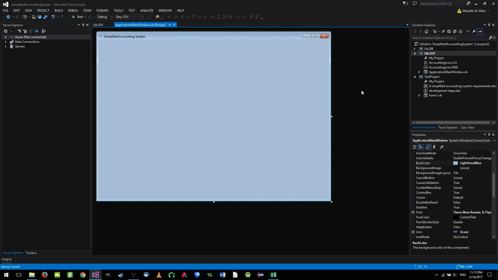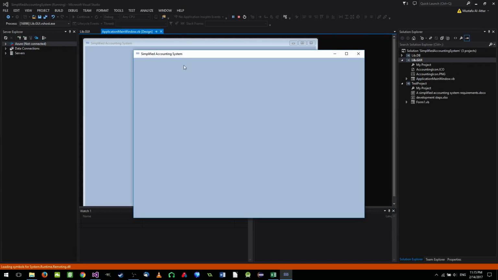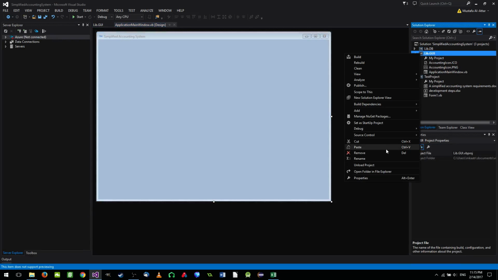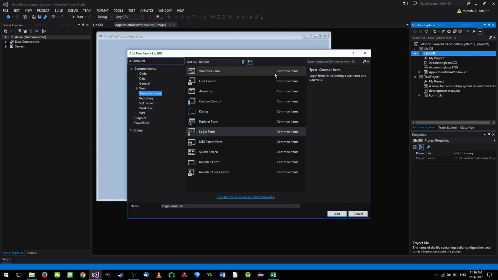We'll try to work with the controls themselves. So before that, let me show the form. Okay, this is the form, no problem. Let's go back. So now the login window, we will go to add and a new item, and we are going to use a Windows form, and I will set everything in this form manually. So here, what are we going to do? I'm going to call this application login window and add